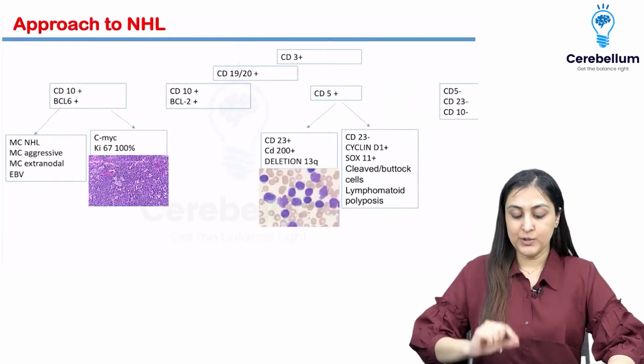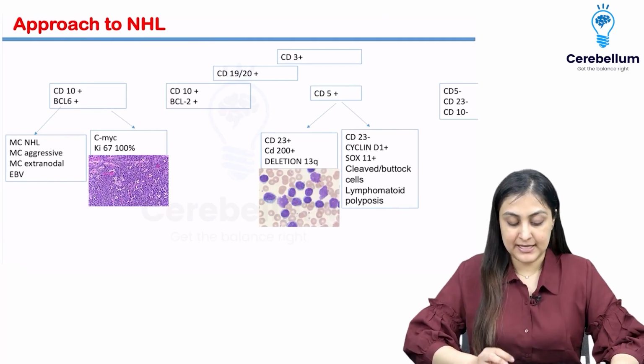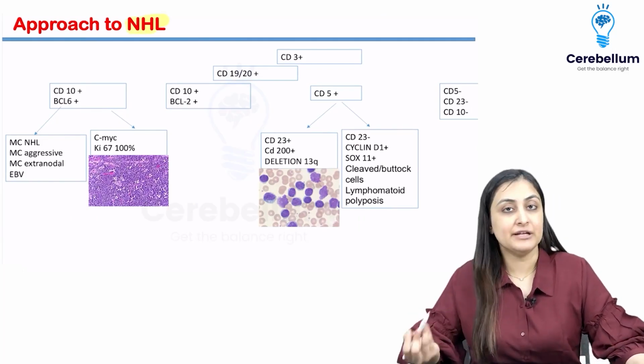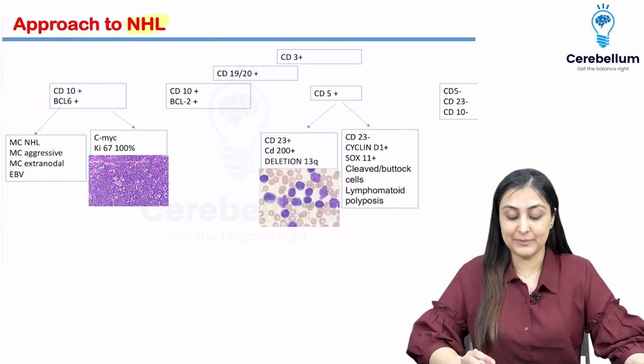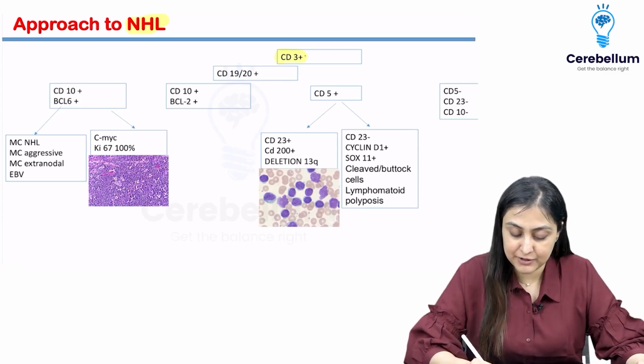Okay, so now we go on to the CD marker approach. Again, we are going to make this very easy. So, how do you approach non-Hodgkin's lymphoma? First of all, you're going to have lymph nodes, you're going to have hepatosplenomegaly here. Look at the CD marker. If it is CD3, this is a marker of T cell. We are dealing with a case of T cell